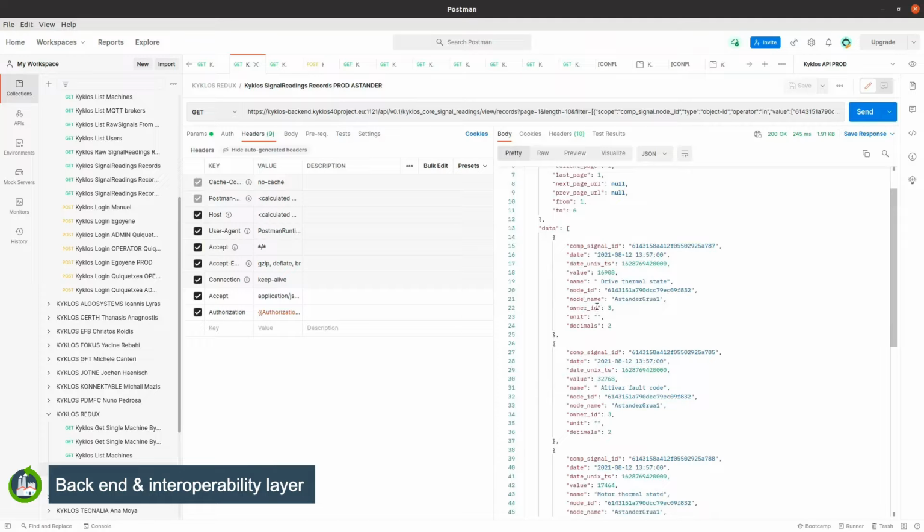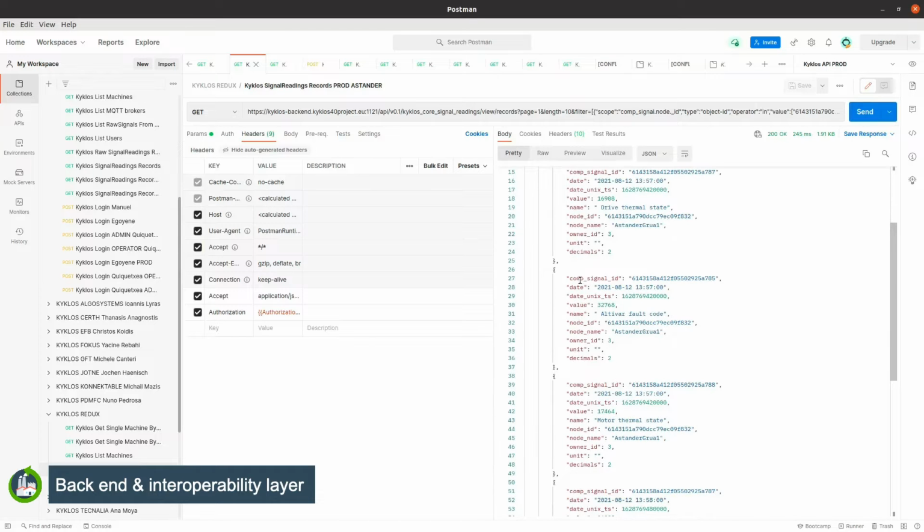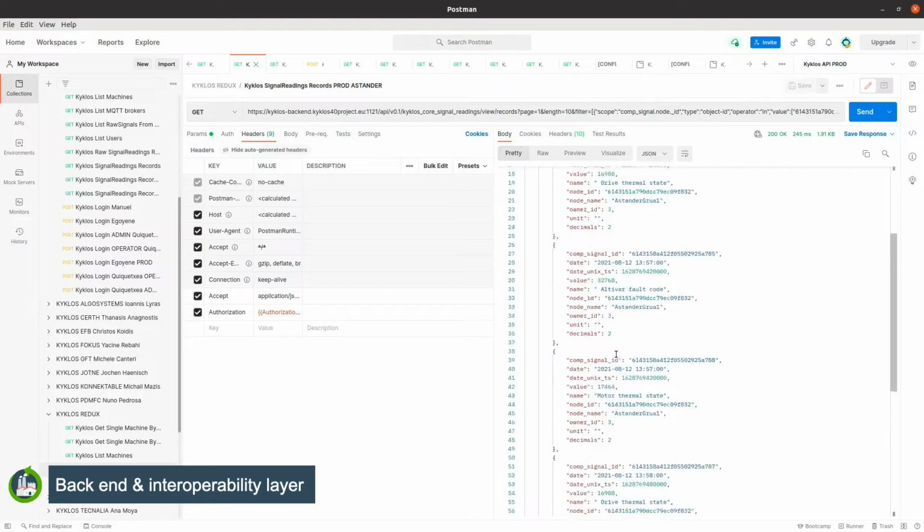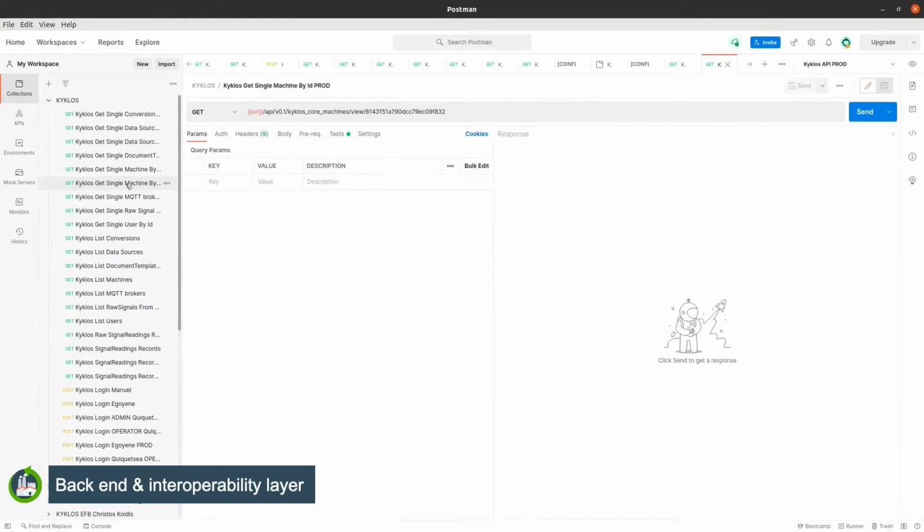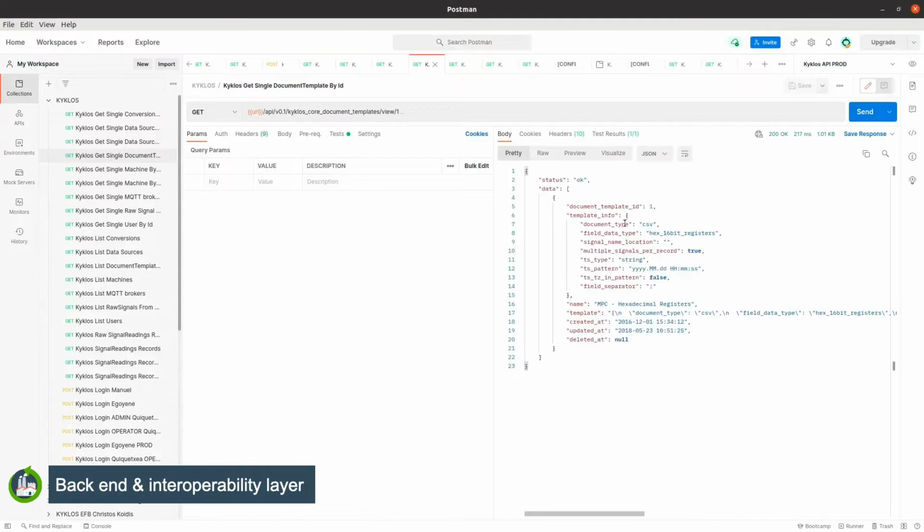Results are paginated, being its options manageable through the query itself, the same way as for the filters. More endpoints are available for checking each entity, either to list them, or to obtain them individually,